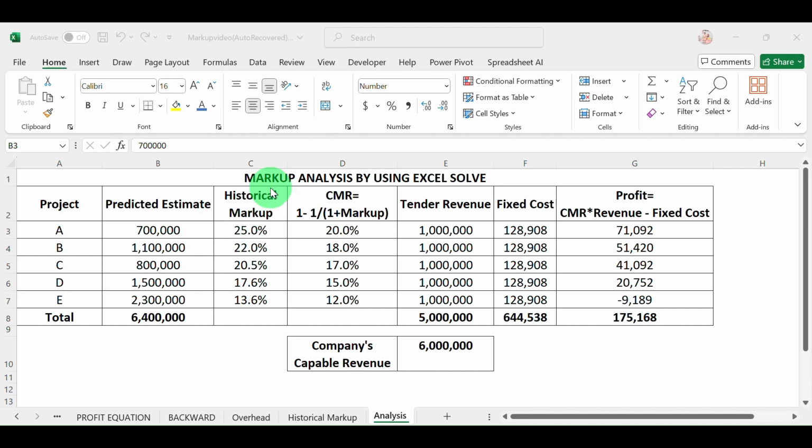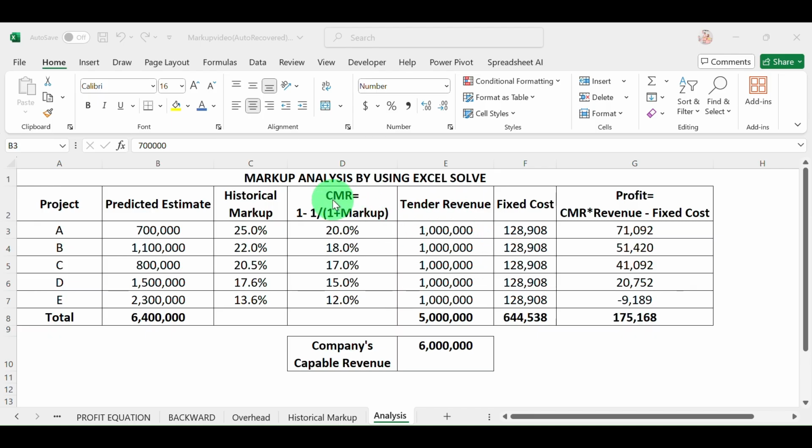We don't know the exact predicted estimate from the client, but usually they will give a rep tender value, or we can calculate based on the GFAs of that project. The historical markup for that kind of project ranges from 25% to 13.6%, and